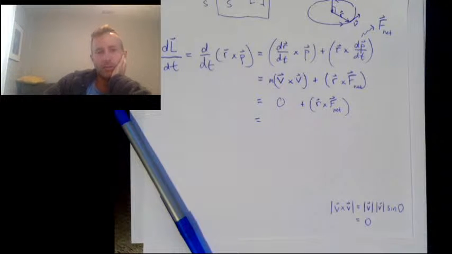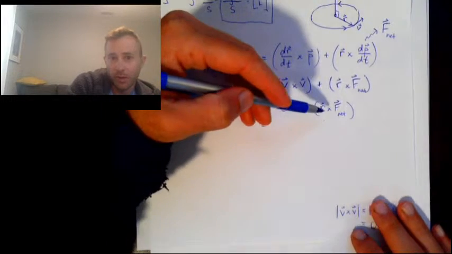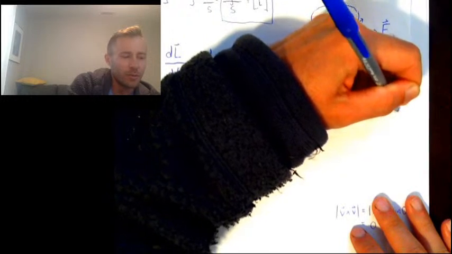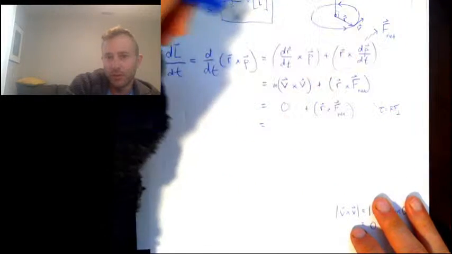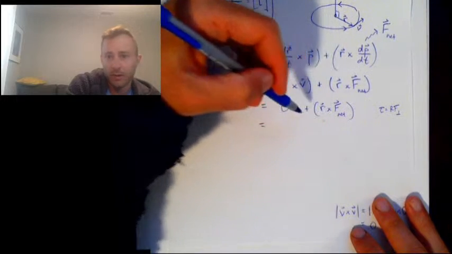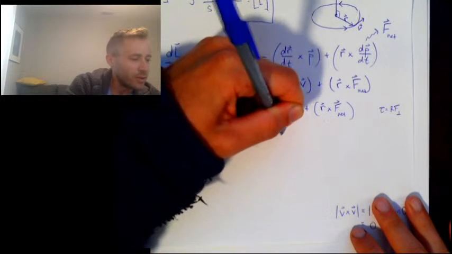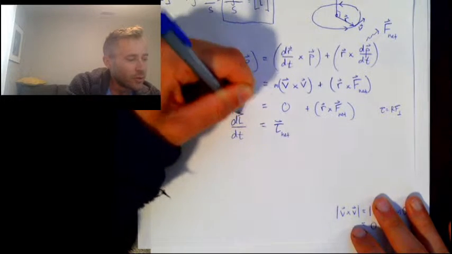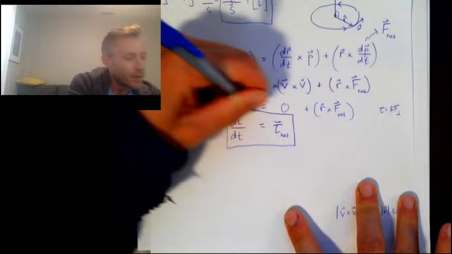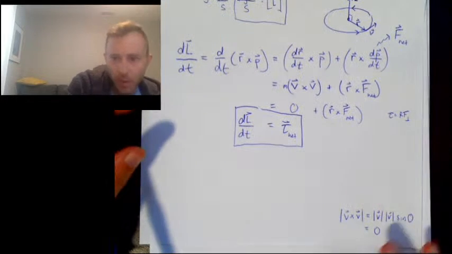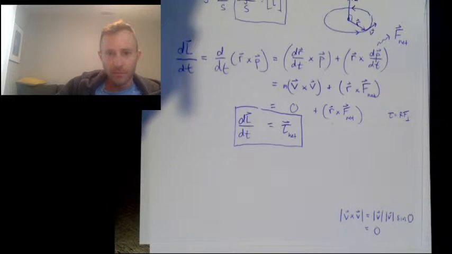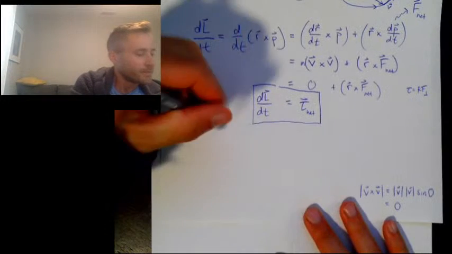Torque, excellent. So this is the cross product definition of torque. Remember, we talked about torque as r times F perp. That's the magnitude of the torque vector, but it's actually a cross product. So this is actually the net torque vector. The rate of change of angular momentum is equal to the torque. All right? So in particular,